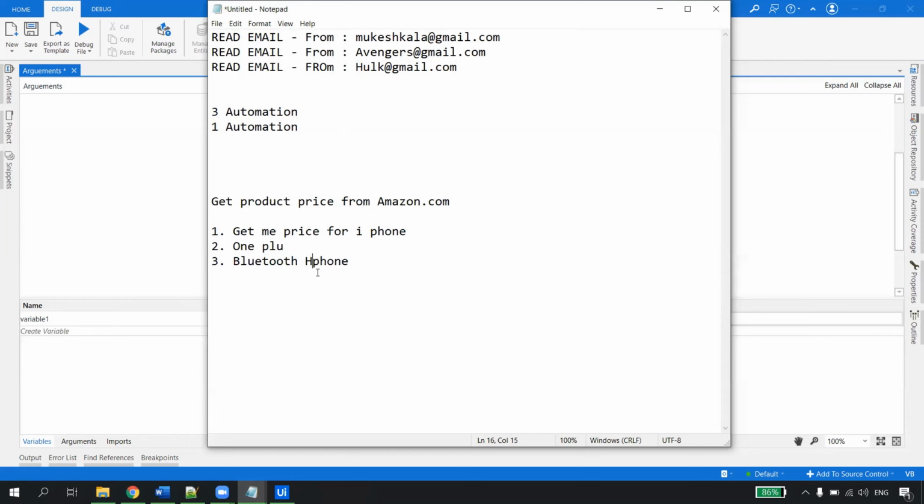You will create three automations, or how can this be created? One automation, because all the information you are requesting is just from Amazon, and this will be the differentiating factor. Every time, whatever input the user gives, we will work accordingly.